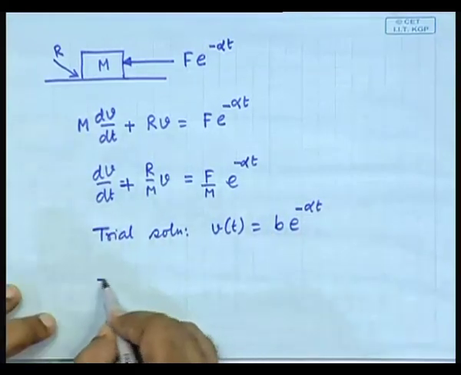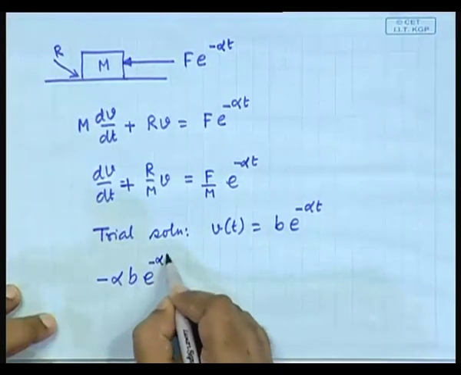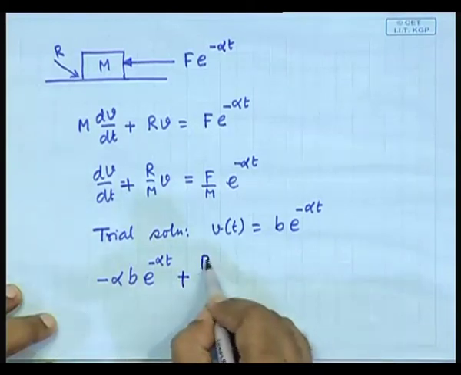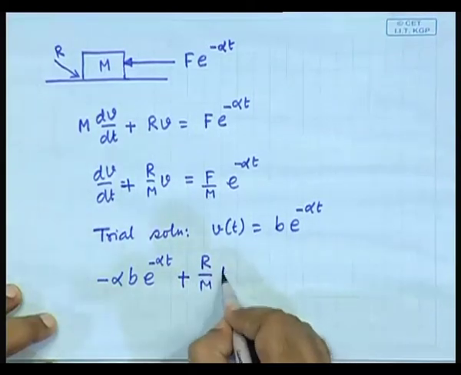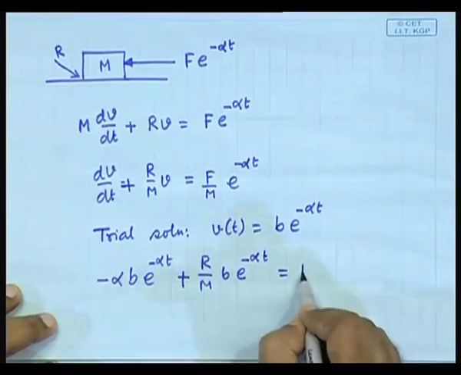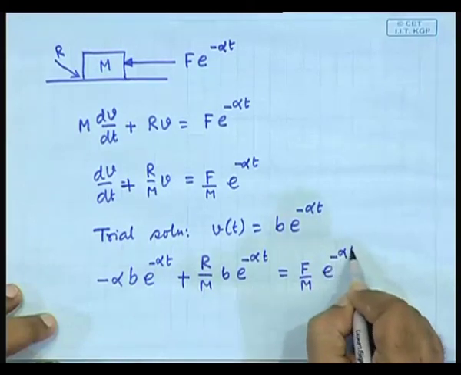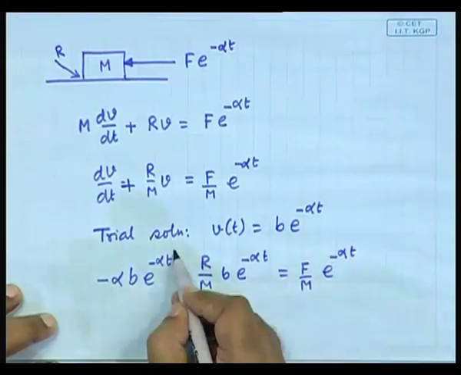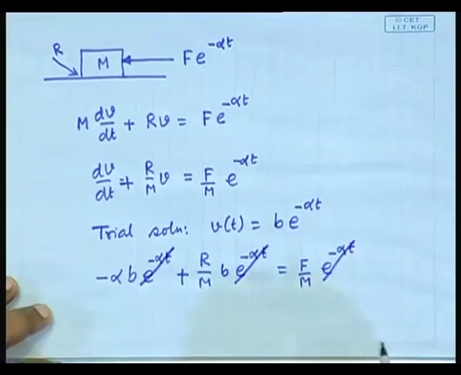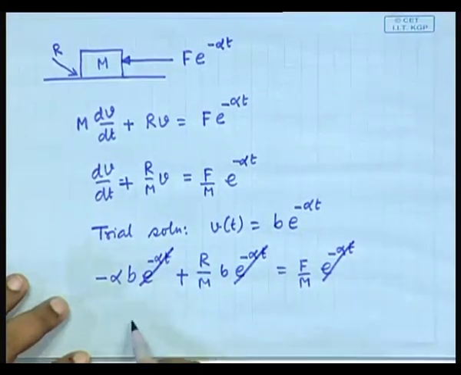So, minus alpha B e to the power minus alpha t, that is this term, plus r by m B e to the power minus alpha t is equal to F by m e to the power minus alpha t. This term cancels off, that immediately gives B, the unknown,